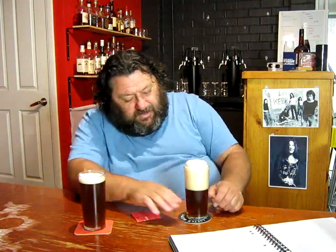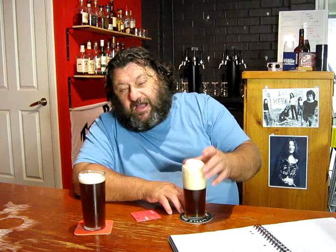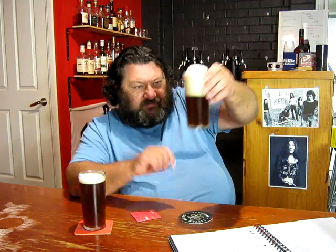Let's bring this one back in for the sake of it. It's starting to settle a little bit. Now this is the base version, which initially only had the 1.5 kilo of Muntons light liquid extract added, and was made up to 20 litres, and I took half off for that fella and pitched the kit yeast, 6 grams of American ale yeast, so that was only half of the batch that the yeast was meant to be fermenting. That's certainly slowing down now, but I'd be surprised there hasn't been a small amount of continued ferment in the bottle,